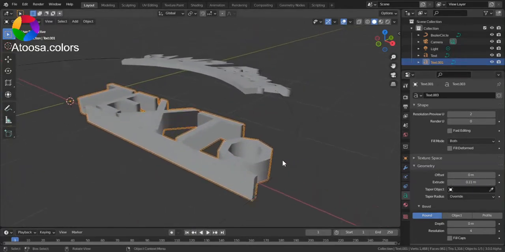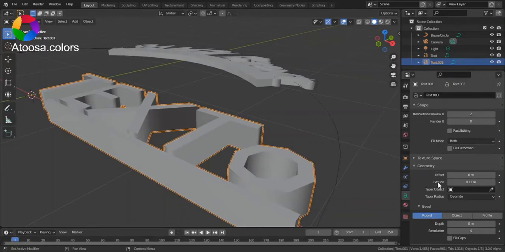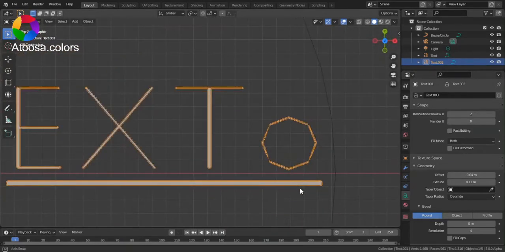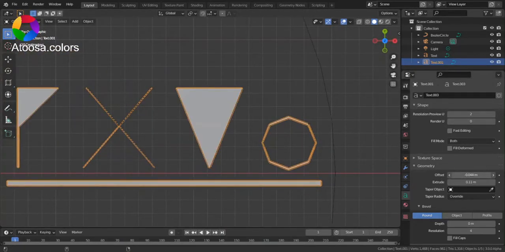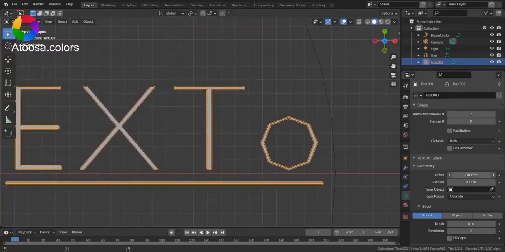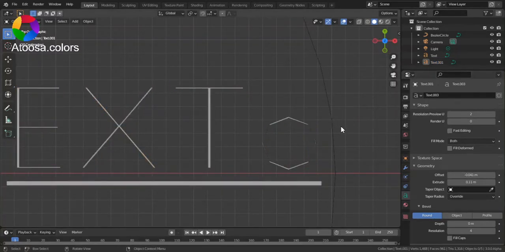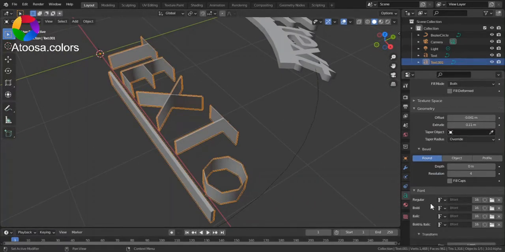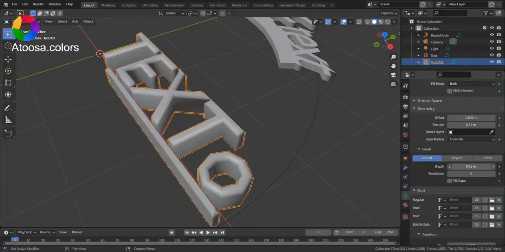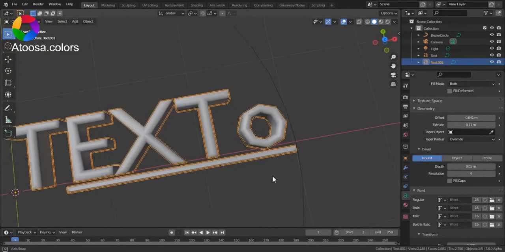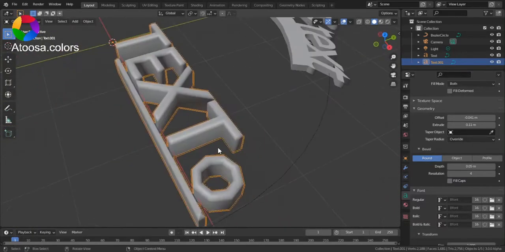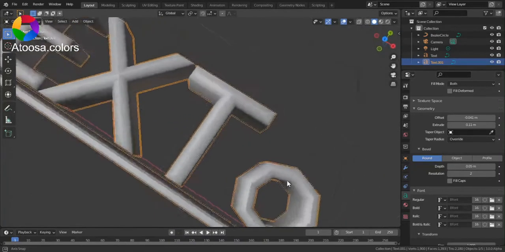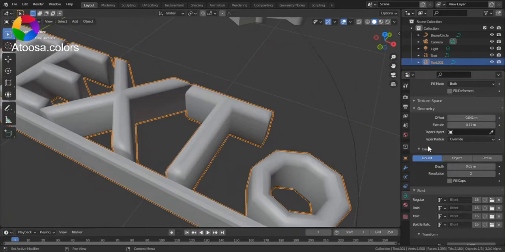You can extrude this by going to Geometry, Extrude, Offset, and give it depth by going to Bevel,